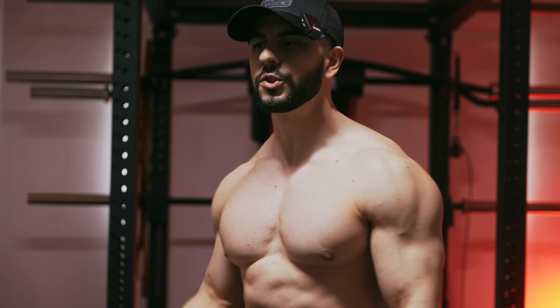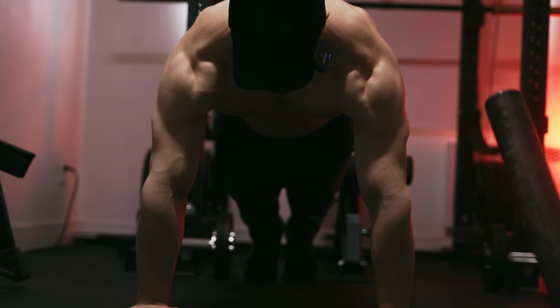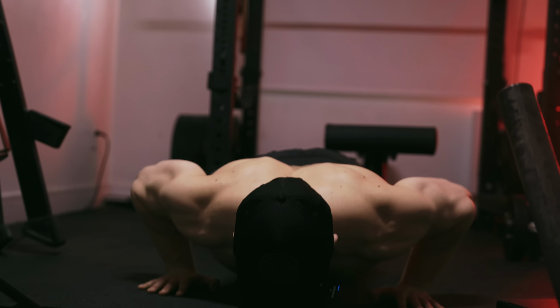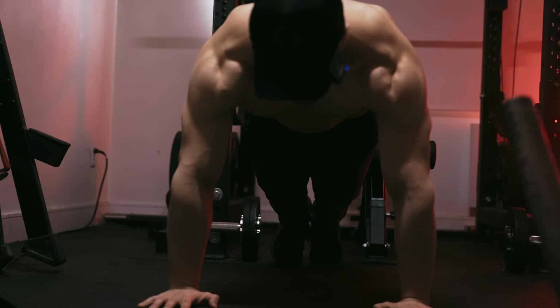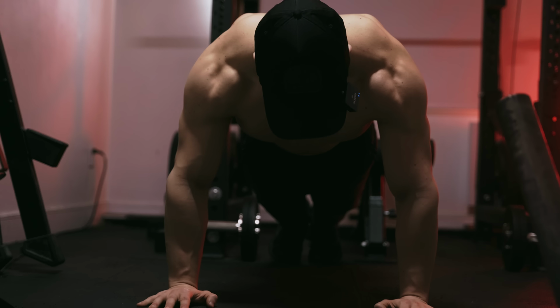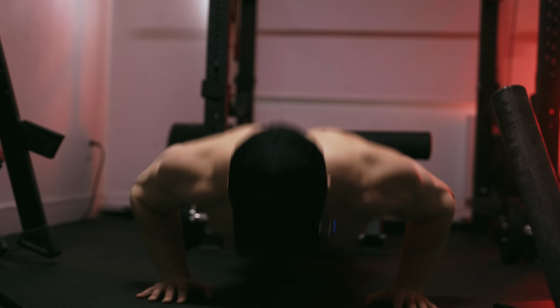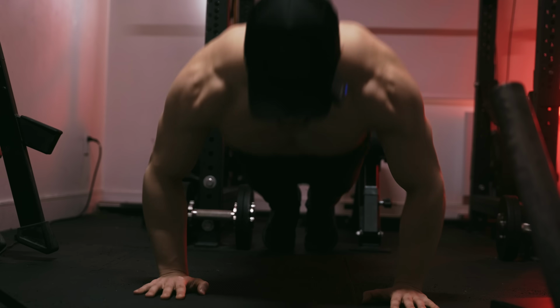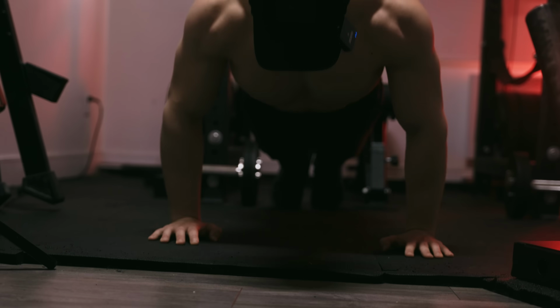If you're really concerned about the form police coming after you, you just can't do that full range, okay, just leave the quarter off. So true full range of motion is being like this, all the way down, all the way up, and the elbows are locked. And no, that doesn't destroy your elbows, it strengthens them. Anyway, you want to stop right about here, or soft lockout. See how I'm not getting to this point? It's just here. So it looks cleaner